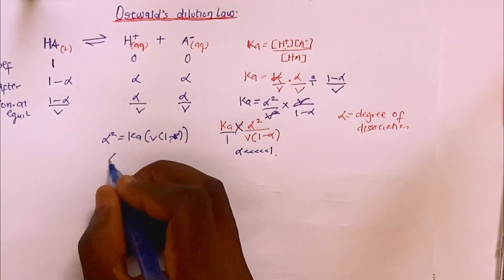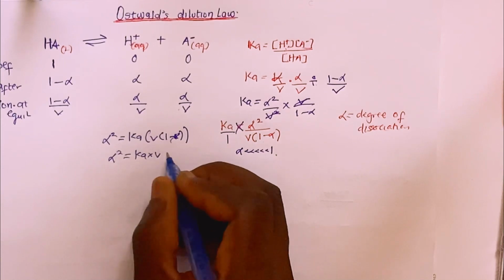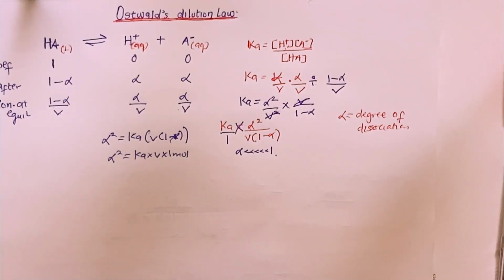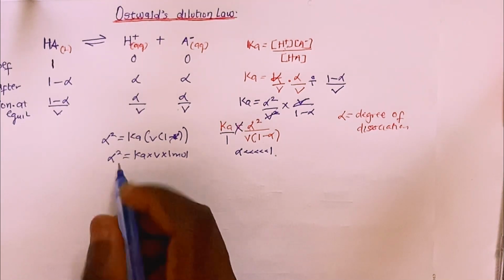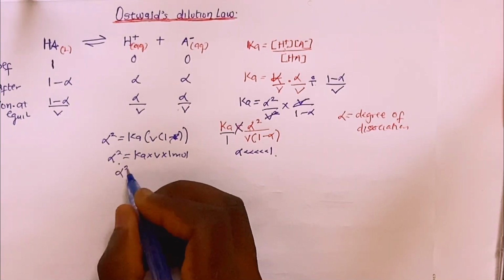Neglecting alpha here, I'm going to have alpha squared equal to Ka times volume multiplied by 1 mole of the weak electrolyte. Right? So here, since I said that at constant temperature, the degree of dissociation, which is my alpha, of the weak electrolyte must be directly proportional to the square root of its dilution, I should have alpha squared equals